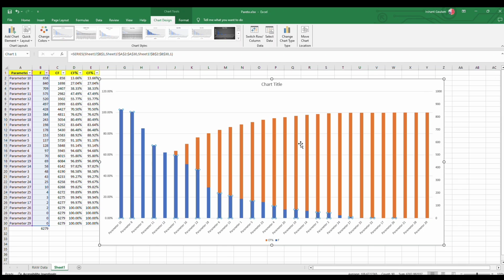Now you will find that there are two colors showing for different data, right? So what you have selected right now, you will see the parameter and the cumulative frequency, but if you select the other one, then it will show you the parameter and frequencies. We need to select the cumulative frequency. Okay, select cumulative frequency percentage, right click, again format data series,